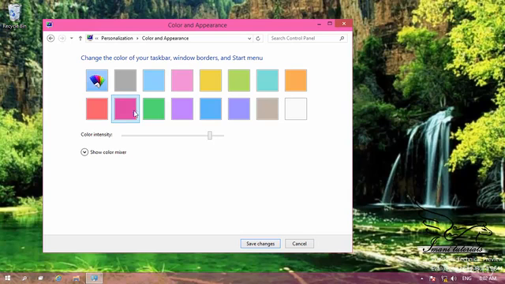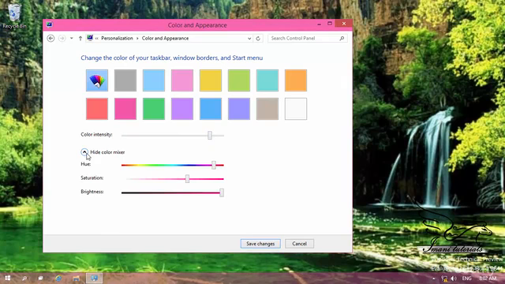So when you select one of these colors, you have some more settings here. For example, color intensity. You can make it 100% magenta, or you can make it a little less. This way you are changing the intensity of your color. And if I click on this show color mixer, I can see hue, saturation, and brightness, and I can set my own custom color. None of these colors are